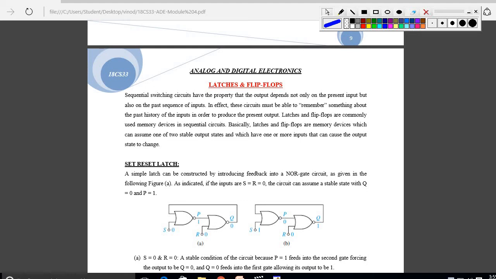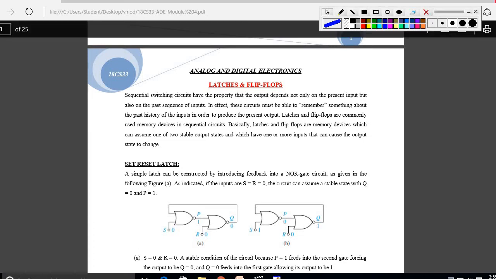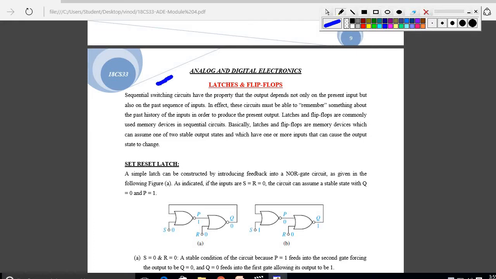Okay, continue with the fourth module, that is latches and flip-flops. We have already studied the VHDL module, right? So the next concept is latches and flip-flops. What is this? These sequential switching circuits consist of both latches and flip-flops, and these latches and flip-flops are memory devices. I need to say this is a memory device, meaning whatever you are sending, some zeros